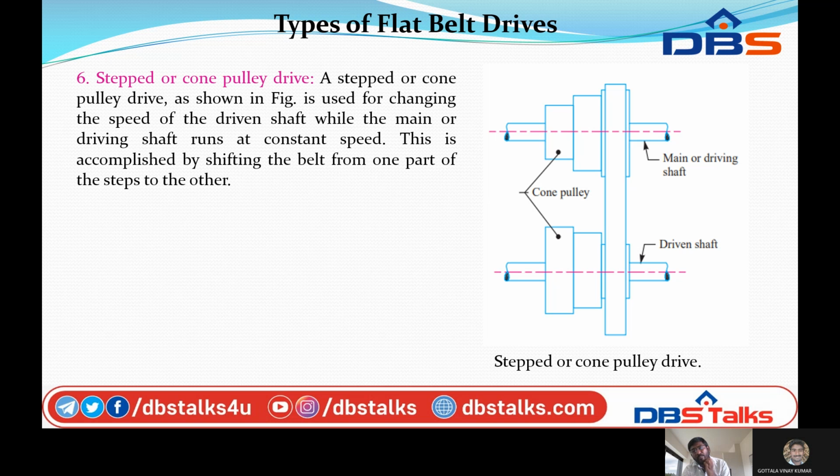So the belt always rotates from the driving shaft to the driven shaft. The driving shaft always has the larger pulley, and the driven shaft always has the smaller pulley. Why? Because the belt rotates at constant speed. So by changing the speed, it will rotate the gear. The belt is at maximum speed, and it rotates at both speeds.